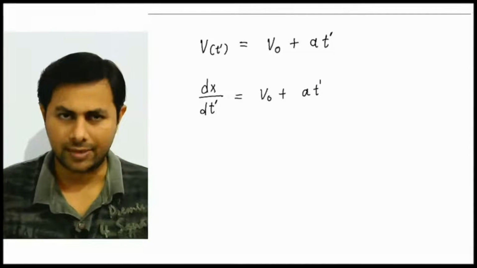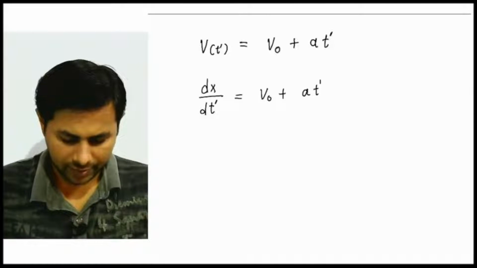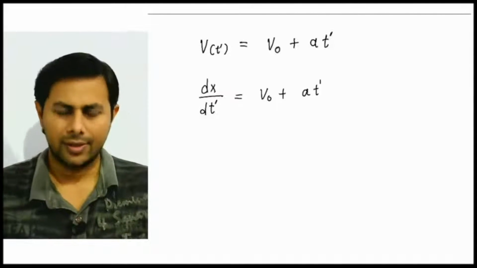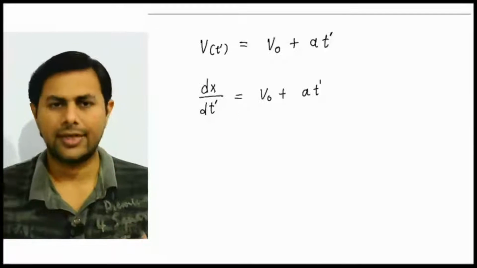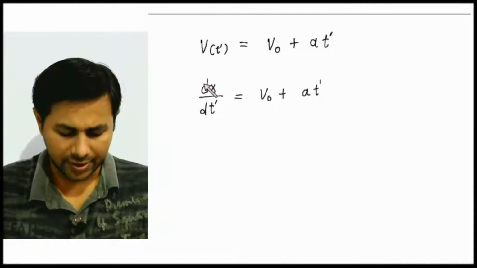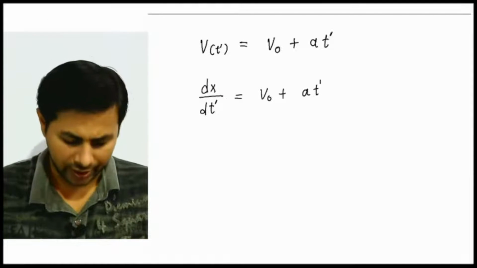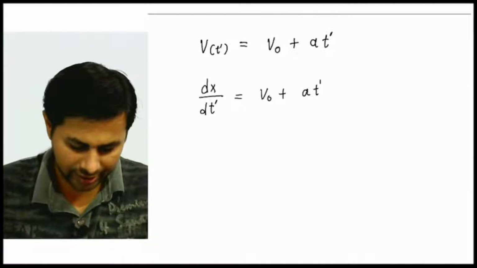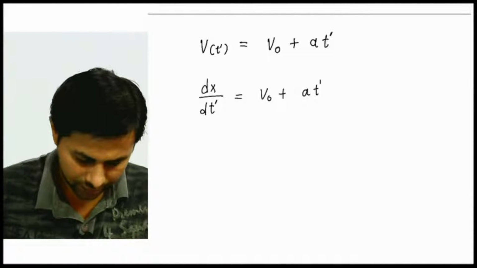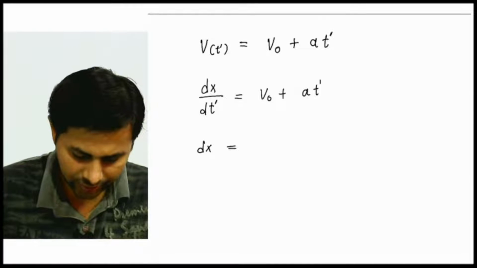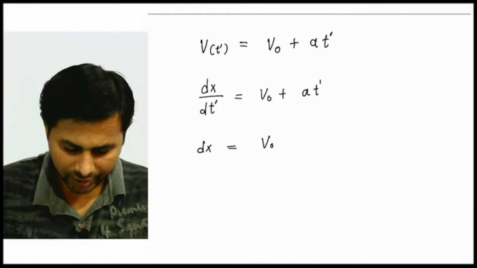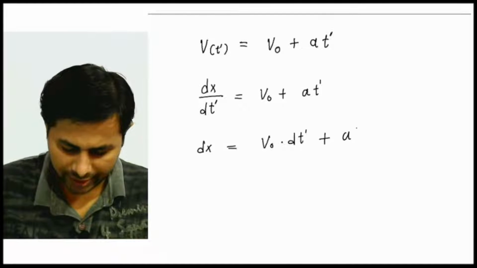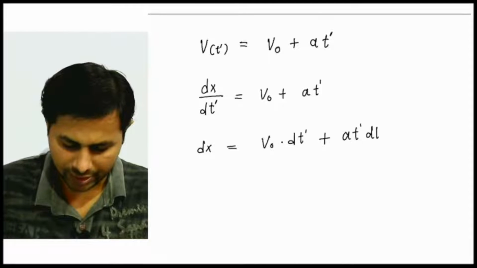Okay, my variable is t prime, and then what I will do is, now I want relation between the position at time t and the time itself. So I will separate this position and time. Okay, so I will take this dt prime on the other side of the equation. So this can be written as dx equals to v naught times dt prime plus a times t prime dt prime,